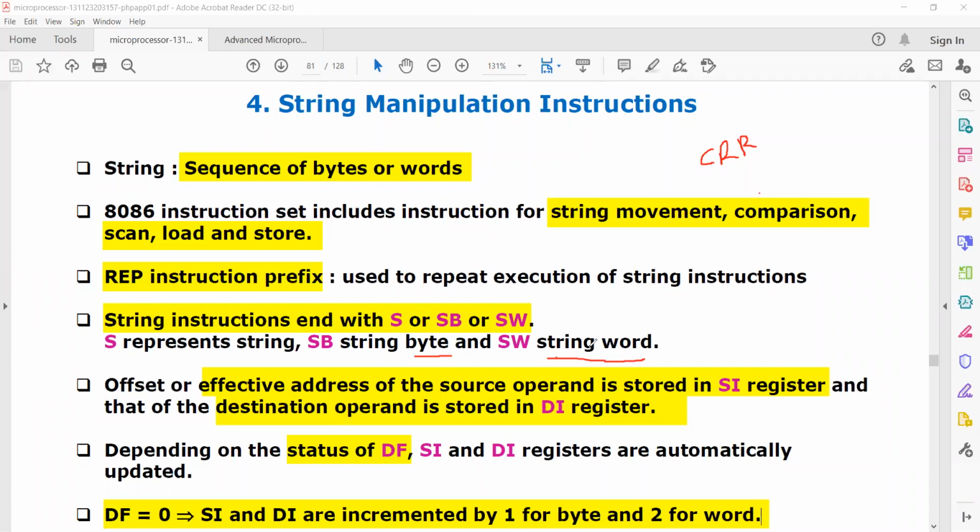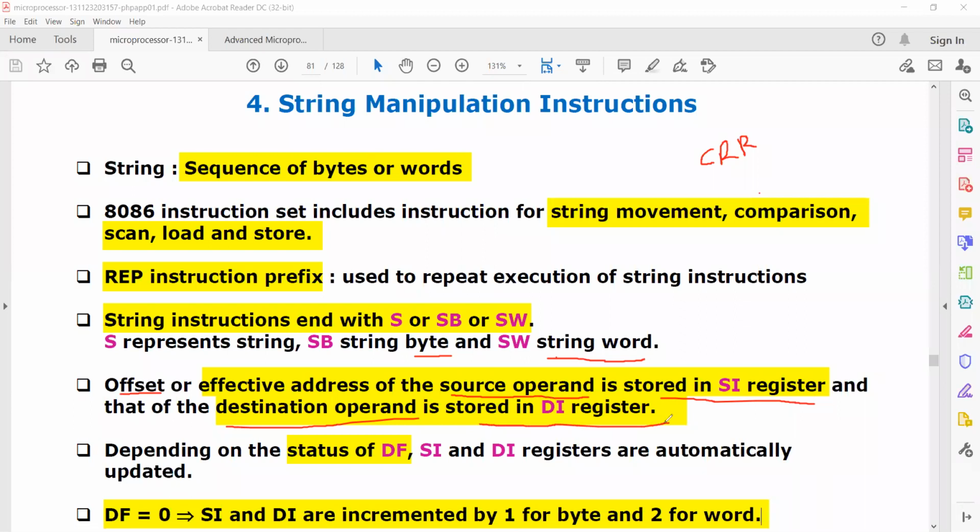When you are using two registers or two memory locations, you have to always remember that the offset address of the source operand is stored in the SI register, and that of the destination operand is stored in the DI register.